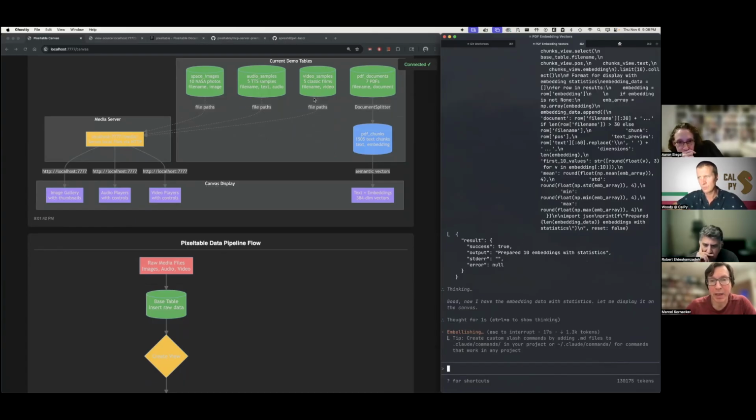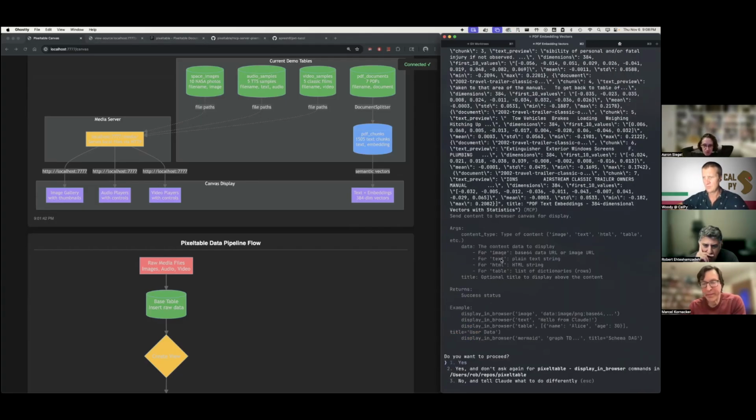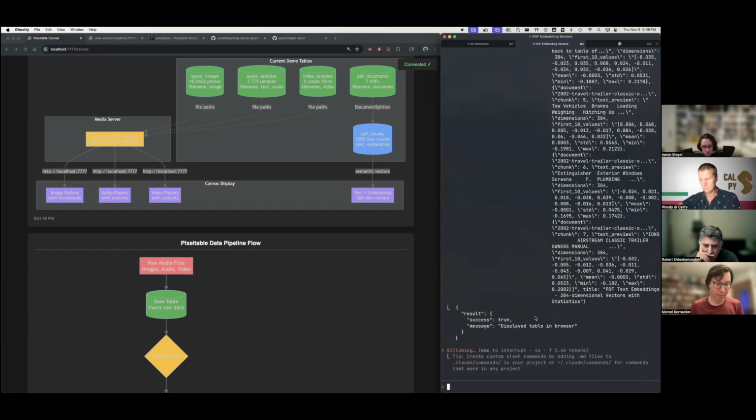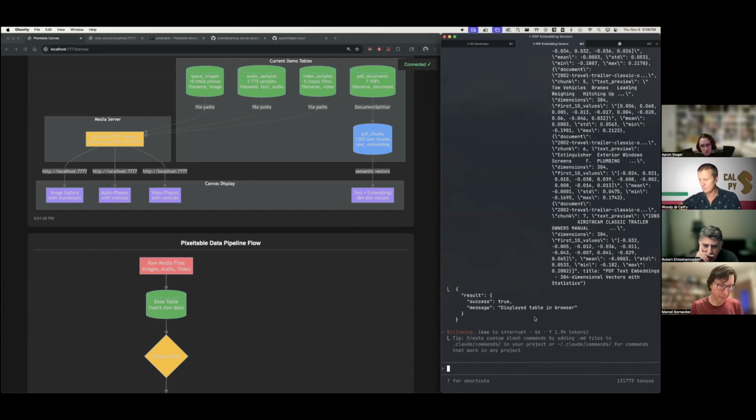If you just want first, middle, end or something, you could do that. That's one of the beauties of Pixeltable being open source too: if you create a UDF or solve a problem, you can share it with the community and it becomes part of the system and solves a problem for everyone.